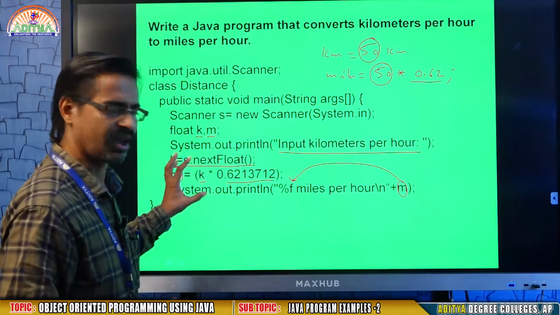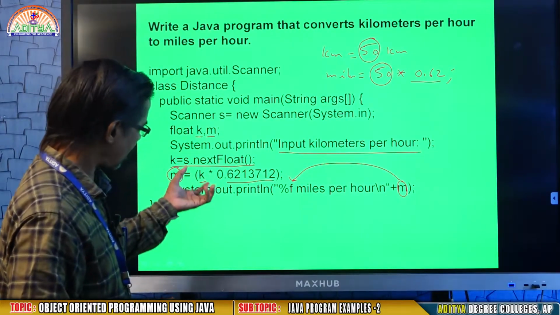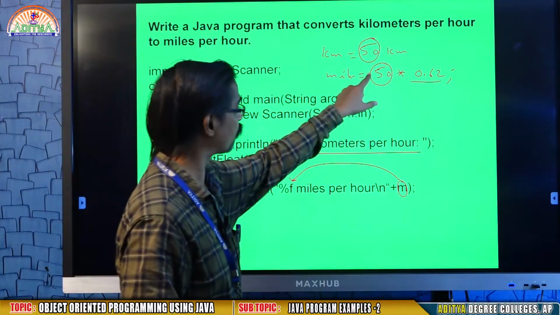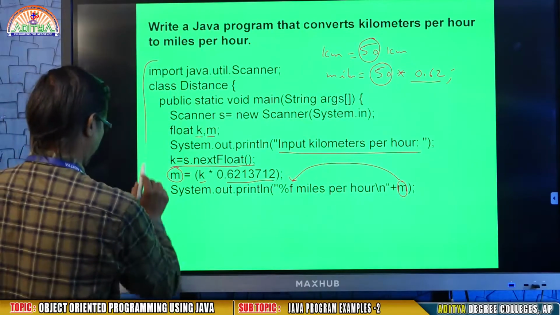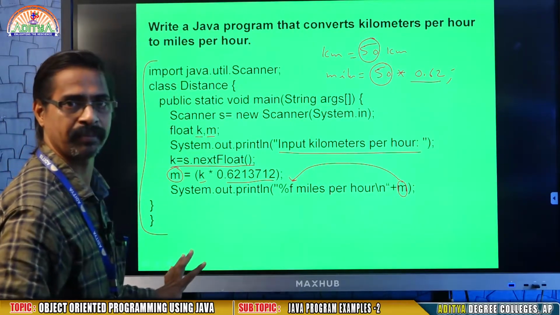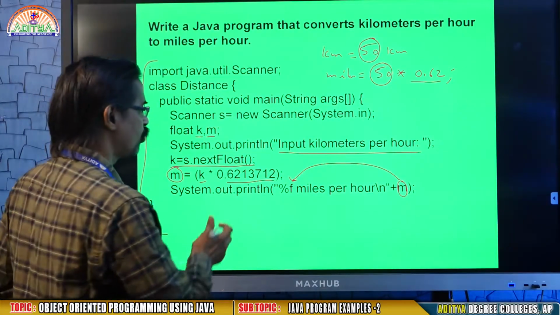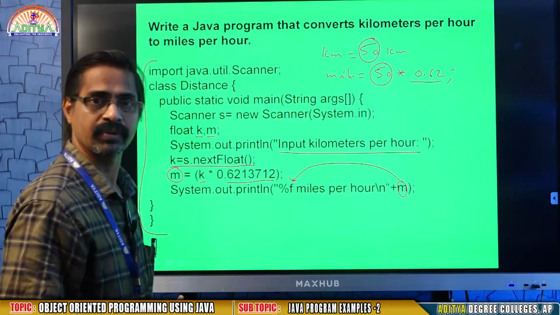Like this, every example is simple and easy. Maybe you already know the formulas and everything. The only thing is you need to convert your thought, your formula, into a program. So in some situations when you are typing your program, you may forget semicolons, so that it is going to give you an error.